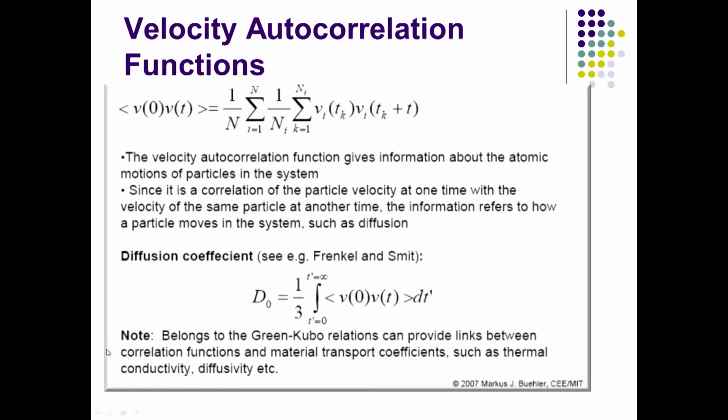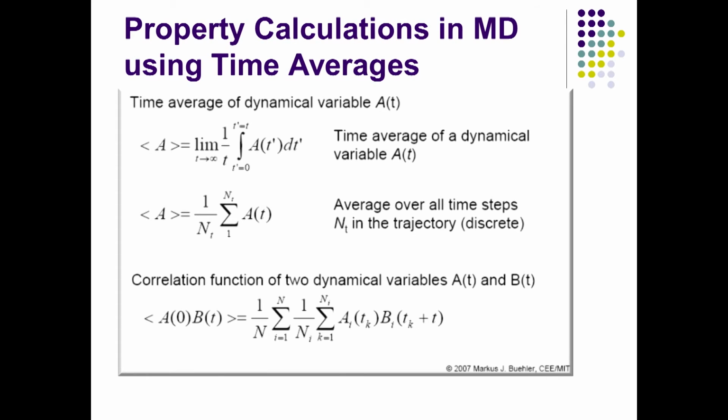If you look at the velocity autocorrelation function, it comes from the famous formulation by Green-Kubo, the two scientists who came up with the velocity autocorrelation and connected that with the diffusion constant. So, if you look at here, D0 is 1/3 of the integral of the time average of V0 Vt, integrated from t' = 0 to t' = infinity, and that belongs to what we call the Green-Kubo relationship, and that gives you a good idea of the diffusion constant for any material using the Green-Kubo formulation and the velocity autocorrelation function.